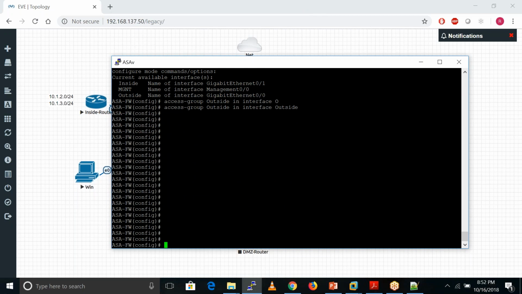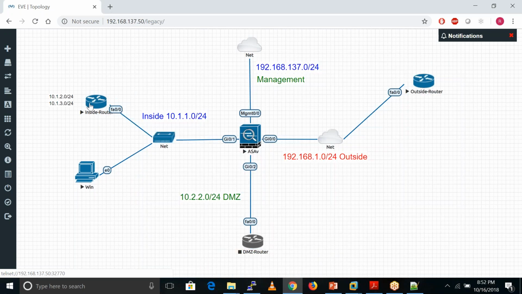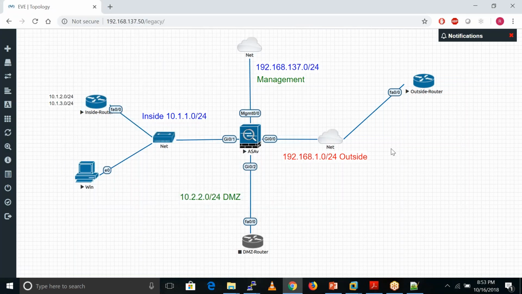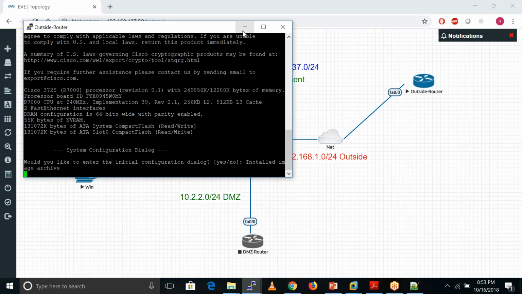So that is the way we can apply the ACLs on an interface. Now let me open my inside host. This is my inside host. Let me also open my